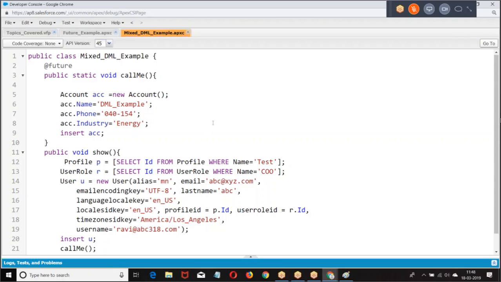Now, apart from mixed DML exception, where else can we use it? I told you, long running operations. If you want to make a DML on 5,000 records at a time, then I go for a future method. Then in the trigger, if you want to call